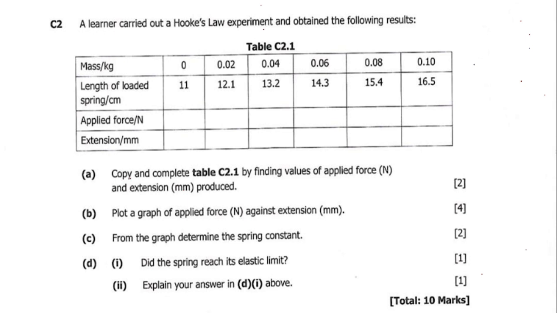So the question says, copy and complete table C 2.1 by finding values of applied force in newtons and extension in millimeters produced. Okay, so if you look at this one, we need to know how to calculate these things. So we need to derive a formula for applied force. Now kindly take note that applied force